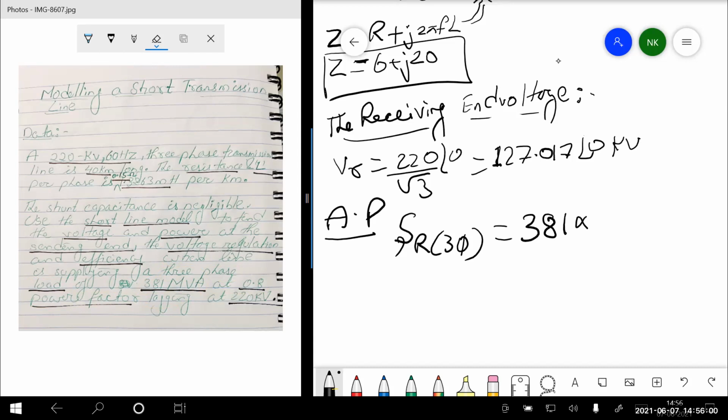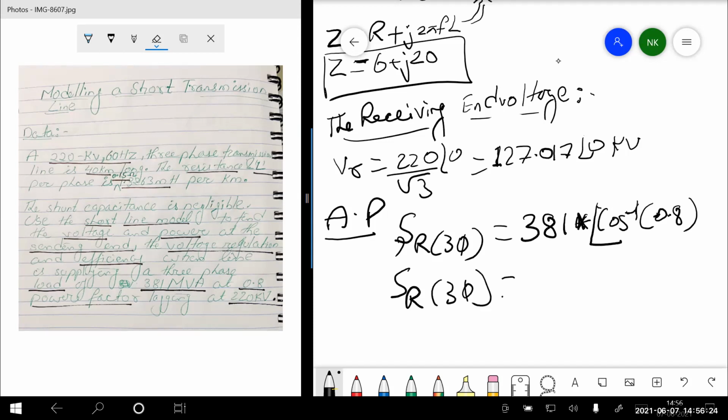So that will be your cos inverse of 0.8. So it will be coming in the angular part. This power factor would be helping in the angular part. That will be cos inverse of 0.8. That angle we could consider, this particular angle now. So what will be this answer?